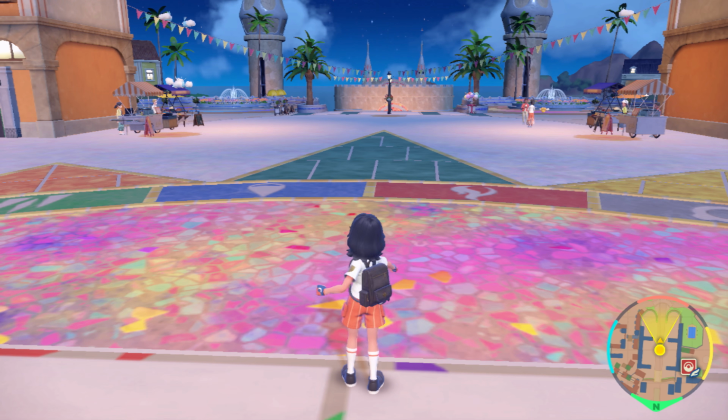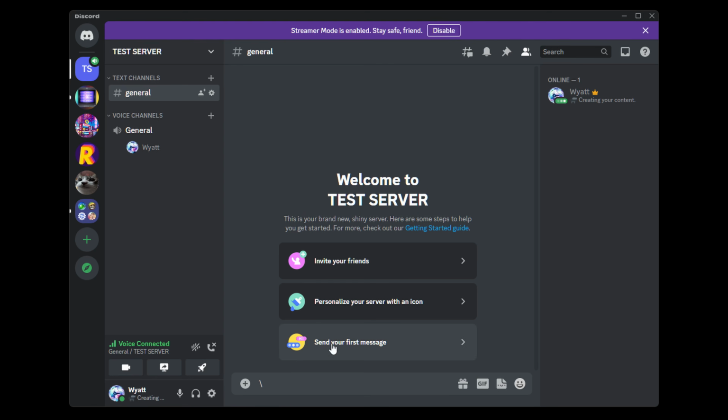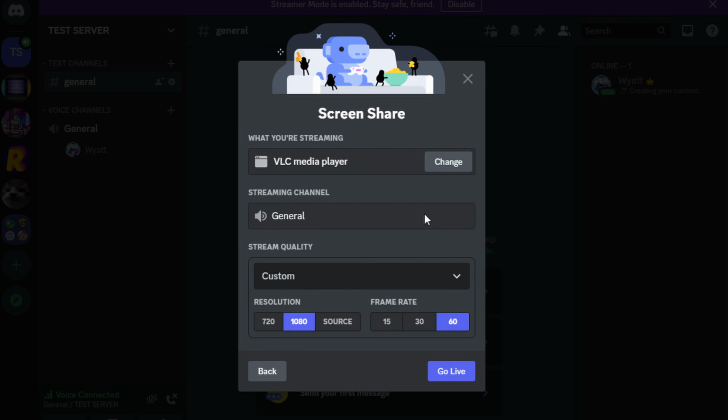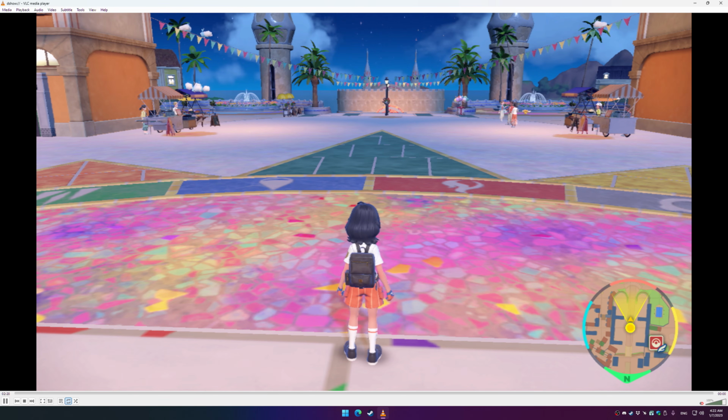Now, from here, all we have to do is simply grab this application inside of Discord with Application Share. All you do is hit Go Live, click on VLC Media Player, and share it in whatever resolution or frame rate you wish. Your viewers or friends will have audio and video perfectly synced up with no need to use anything like OBS projection preview, which can make capturing audio rather difficult.